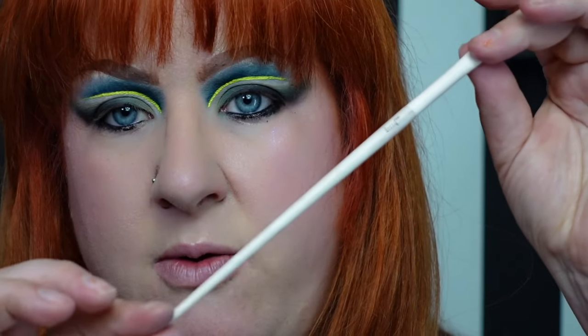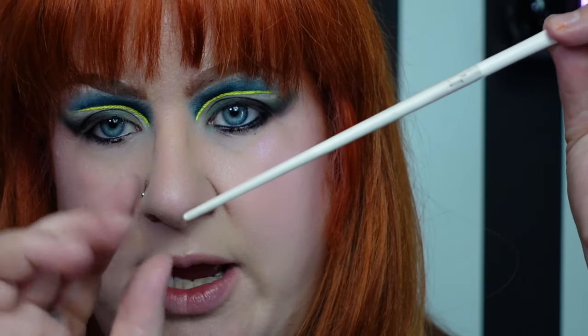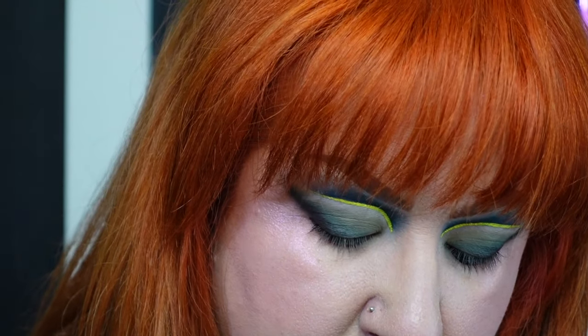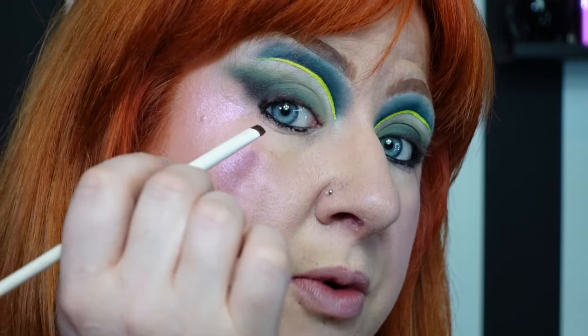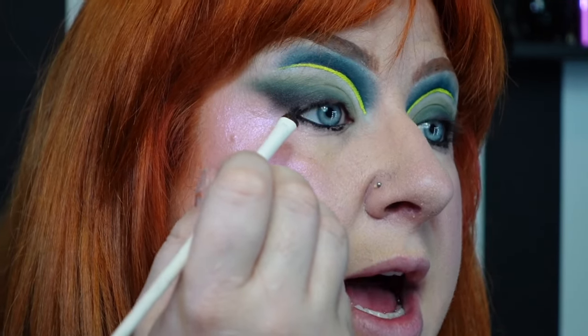And then I'm just going to grab a small brush. It's from a Jessup set that I got sent quite a while ago. It's the one with the more tapered beige handles, if you're looking to find this set. And then I'm going to continue on with these shades down here. So I'm going to hop back into that Arrested Decay, and we're just going to start putting that right along the lash line,